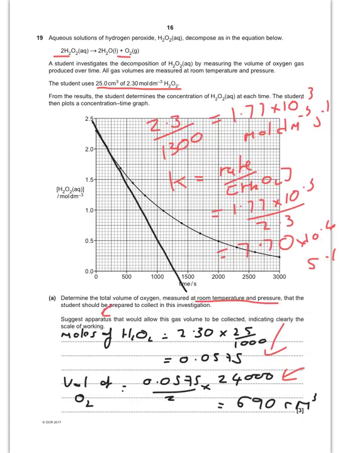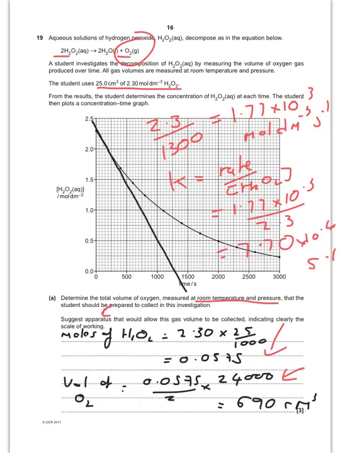Right, over the page they've asked to determine another way of doing this experiment to find rate. You could also measure mass loss, because you're producing a gas, so you could see how the mass decreases over time. Then over the side they also ask you to do a few calculations. So they want me to determine the initial rate of reaction, the order of the reaction, and the rate